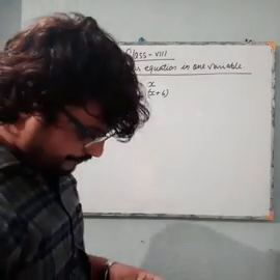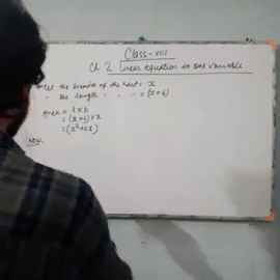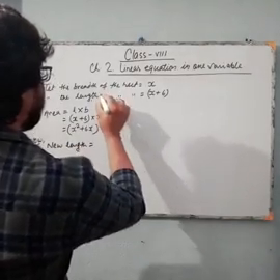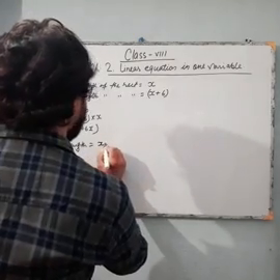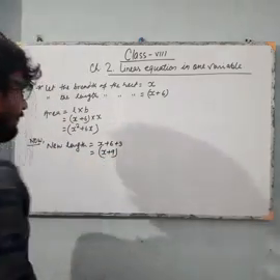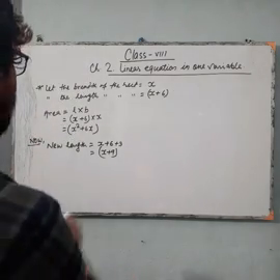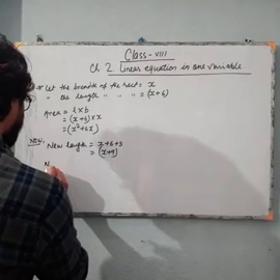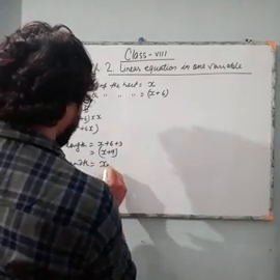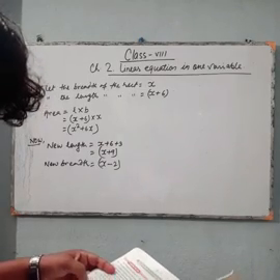Now from the question, if the length is increased by 3 centimeters, we can write new length. Length is increased by 3 centimeters, means our original length is x plus 6 plus 3, that is x plus 9. We can write x plus 9 is our new length, and breadth decreased by 2 centimeters. Original breadth is x, which is decreased by 2 centimeters. We can write x minus 2. Okay. The area remains the same.